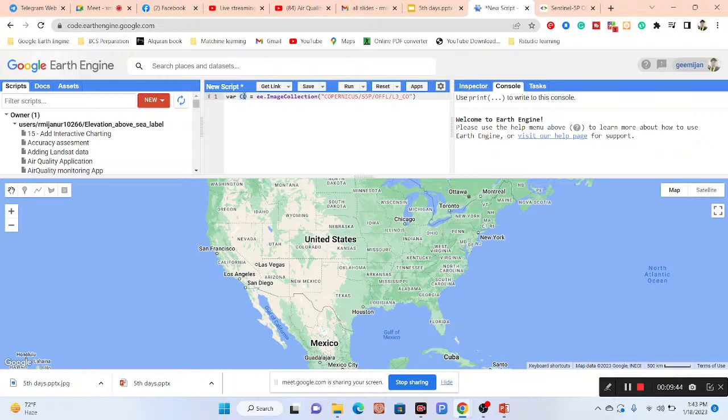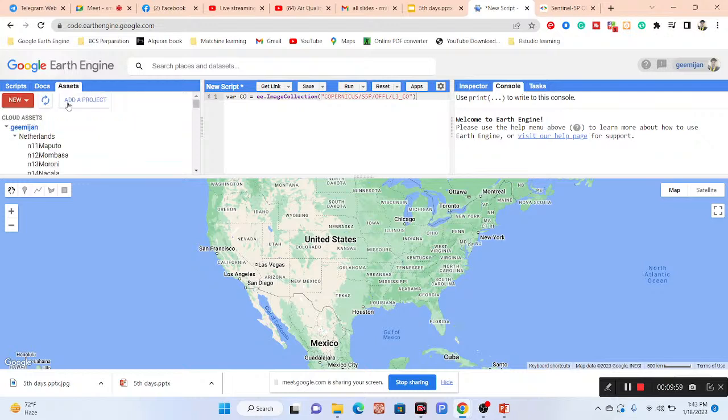Okay, so I need to select this image collection band. I need to select this image collection. All of the things I need to select. Okay, so in this time, suppose I want to create the carbon monoxide concentration map for Ukraine. So I simply import the Ukraine boundary shapefile in here. So here I already imported the shapefile in my asset. So from this asset, I just simply import the shapefile